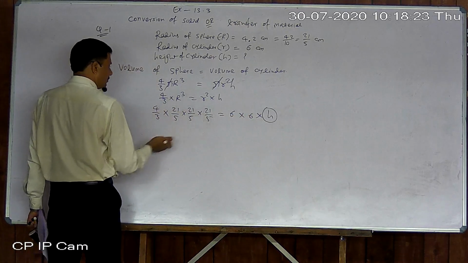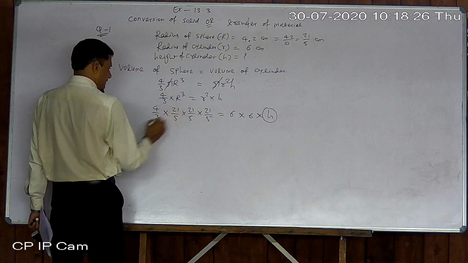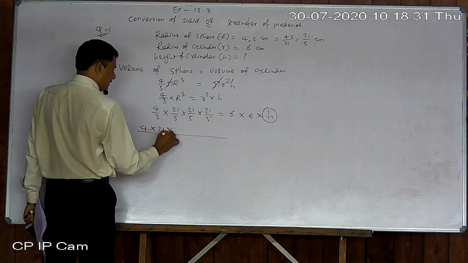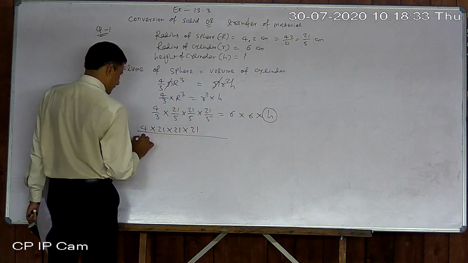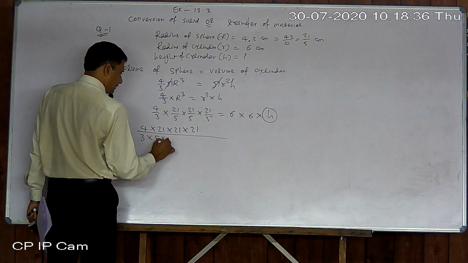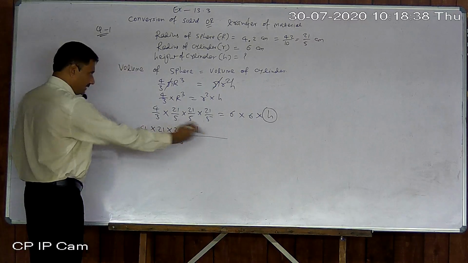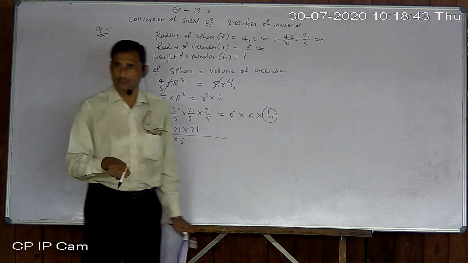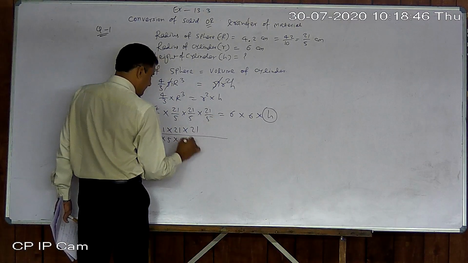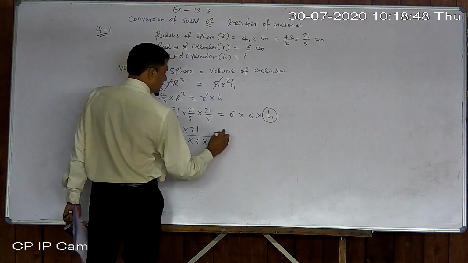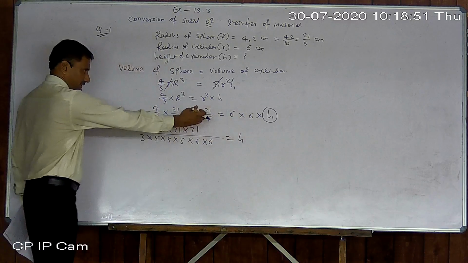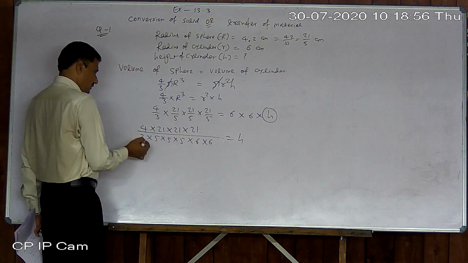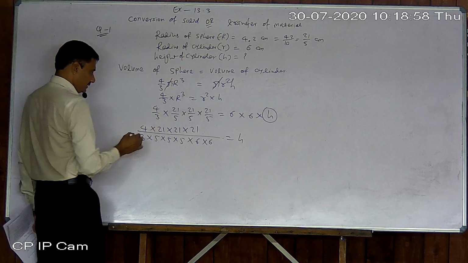Okay. Now if you want, you can cancel now, 3 7s are 21. Otherwise, in one step all cancellation can be done. 21 upon 3 into 5 into 5 into 5. Make them in factorization form only. Don't multiply them, otherwise your calculation becomes difficult. Now these both 6 come here. You understand? I just shifted 36 here in the denominator. Everything is written. Now we just try to simplify it.